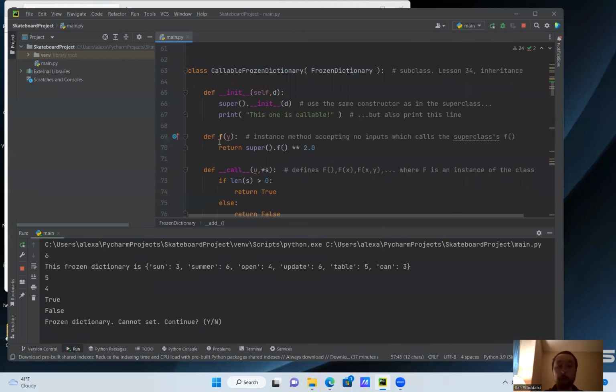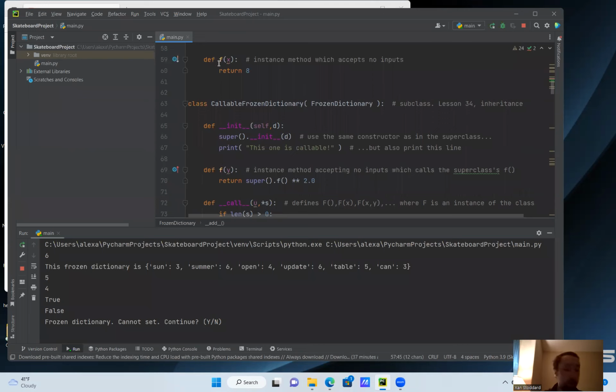But then we also have an F, right? So we talked about this F, right? But it's not F of X or F of Y, really. There's no inputs to this F. It just indicates to Python that it's an instance method. But the way that it works is it calls the superclass's F method and raises it to the power of 2, but gives the floating point representation of it. So what would be 8 to the power of 2.0? Well, that would be 64.0, because we said in